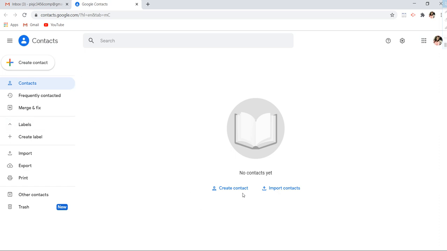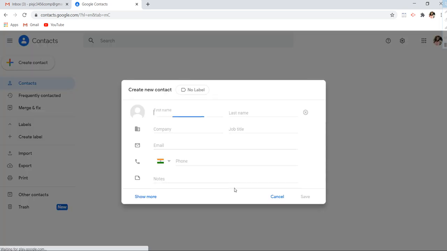Now, if you want to create a new contact, here you have a create contact option. If you can't see this, on the left hand side you will find the create contact option. Just click on that. Type the name. I'm writing my own name, just as an example. If there is a company name or job title, mention all the things you require.